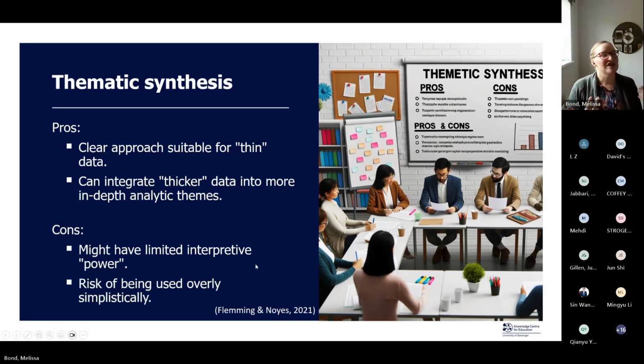However, this might result in being overly simplistic in terms of the themes that develop, because then you might find that you've got a whole range of different themes that you've identified in the text, but that you're then not able to really synthesize between and across the studies in your evidence synthesis.